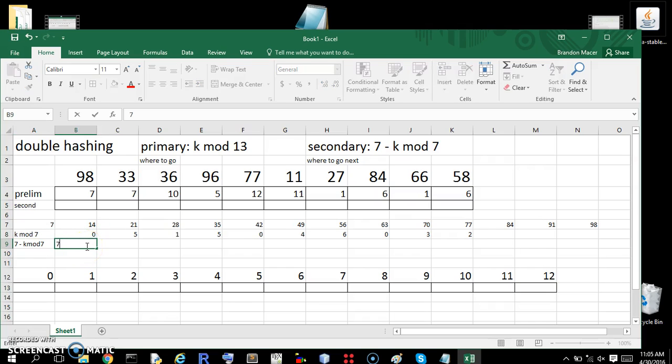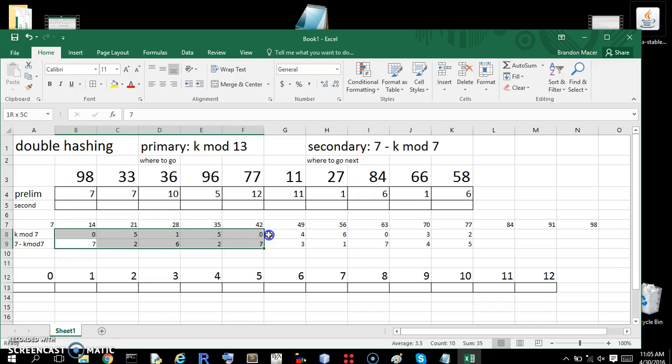So 7 minus 0 is 7. 7 minus 5 is 2. 7 minus 1 is 6. 7 minus 5 is 2. 7 minus 0 is 7. 7 minus 4 is 3. 7 minus 6 is 1. 7 minus 0 is 7. 7 minus 3 is 4. 7 minus 2 is 5. And these are the numbers that we want in the secondary,